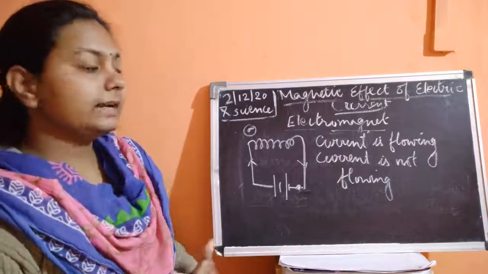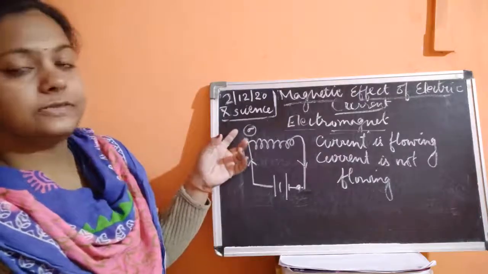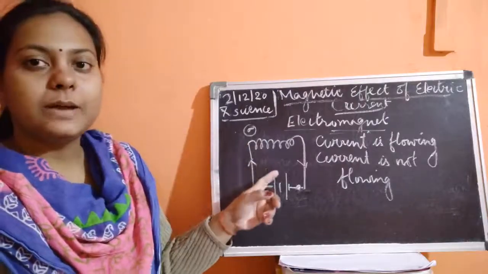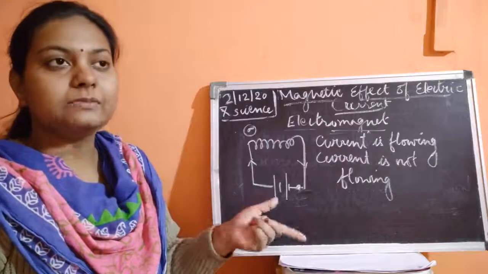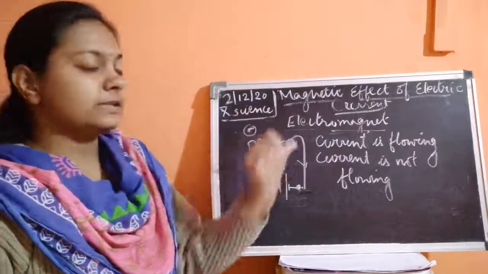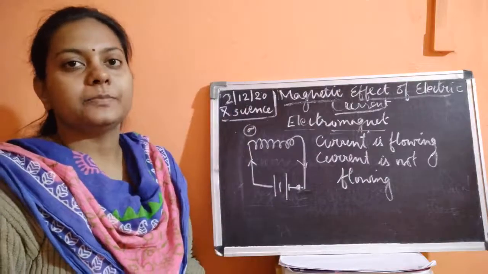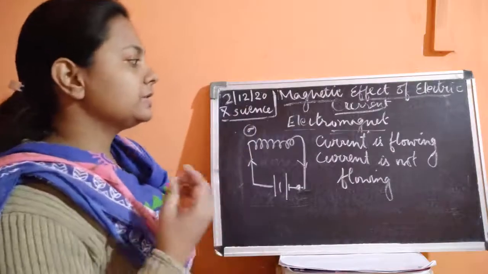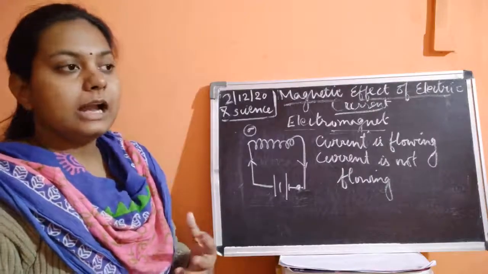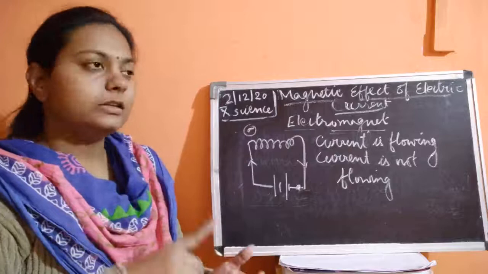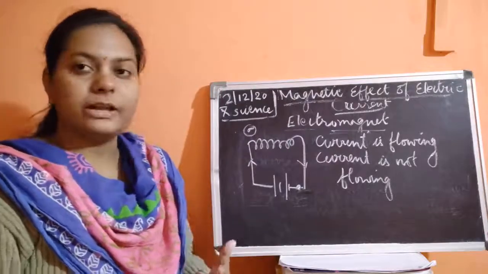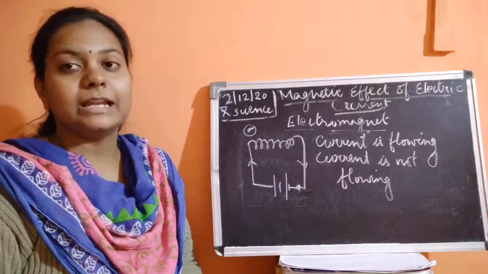So this shows that till the time the current is flowing, this needle is deflecting, which means till the time the current is flowing, magnetism is being generated, and the root of this generation of magnetism is the electric current. Whenever the electric current is flowing, it develops magnetism, and when we turn it off, the magnetism goes off. So this is the concept of electromagnetism. This is how we make electromagnets.